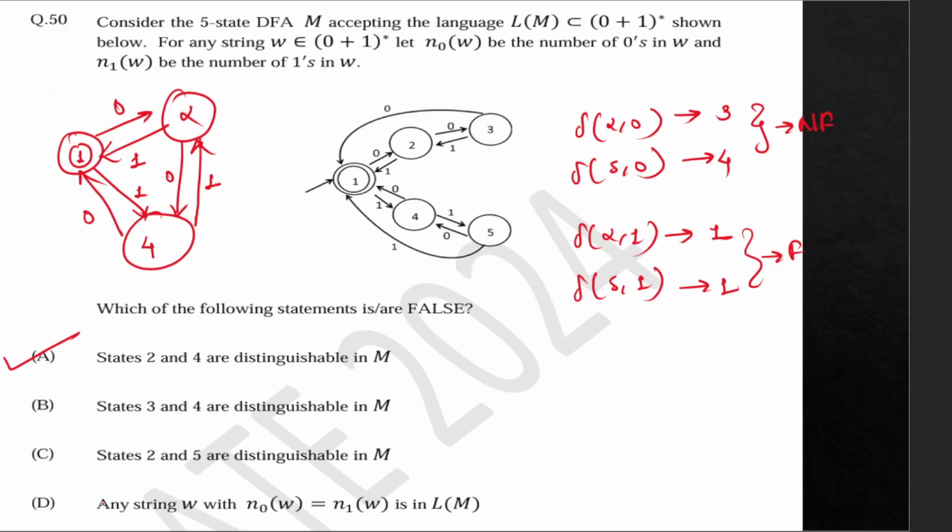And if you see option D, any string W with number of zeros of W equal to number of 1s of W is in LM. So just by making a string, we can have X amount of zeros. We will always get some amount of Y from the DFA. That is why this is also